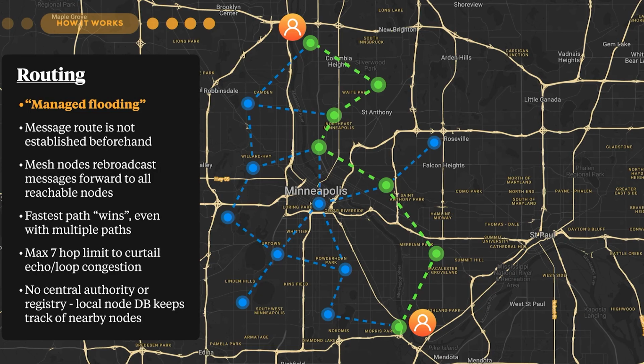And then the last thing that I'll say about this that's maybe obvious, but we're going to talk about it more, is that there's no central authority to how a mesh infrastructure is created. There's no registry. This goes back to routes. Nobody is telling you where something lives or where it has to go. There's a local node database on each node that just keeps a record of nodes that it hears nearby that it knows are there. It keeps that in its local node database, but nothing central, no authority. So that's really the decentralized part of all of this.